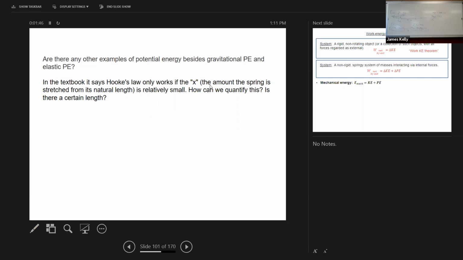Hooke's law only works, it says in the book, if the x is relatively small. How can we quantify this? Is there a certain length? Well, no, it depends on the spring. But you can imagine, here's a real spring that I'm holding up in front of me, and this particular spring happens to